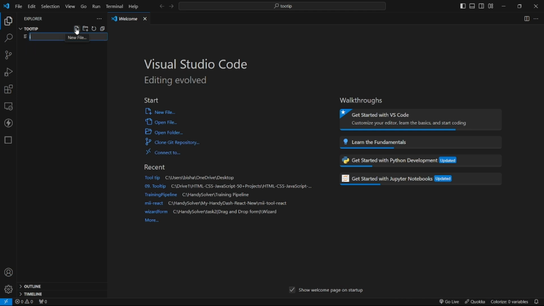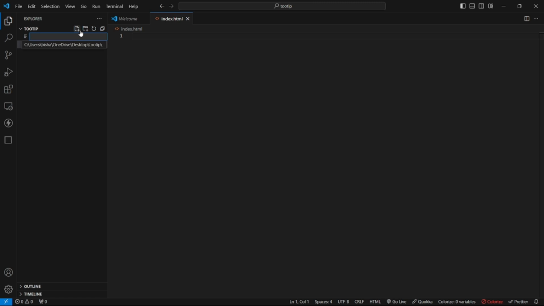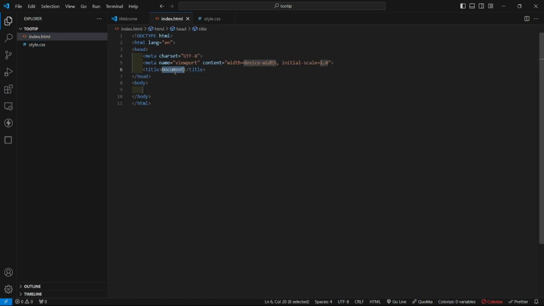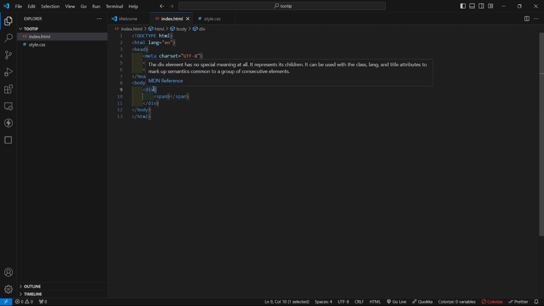Here, let us create our files, index.html and style.css. So first of all, let us start with our HTML part. Here, the title will be Tooltip, and inside the body we'll have one div first, and inside this div we'll have a span. And for the div, I'll give an ID of container,